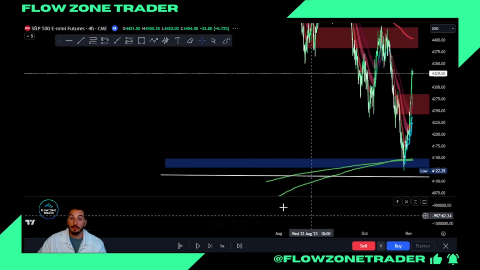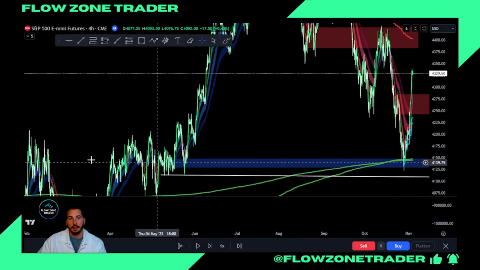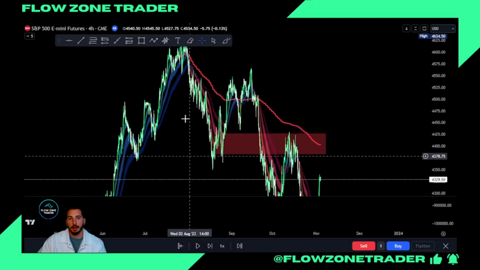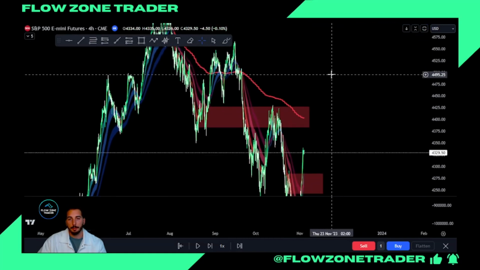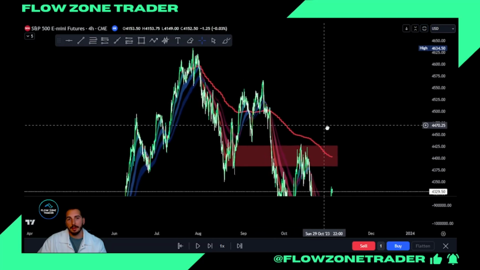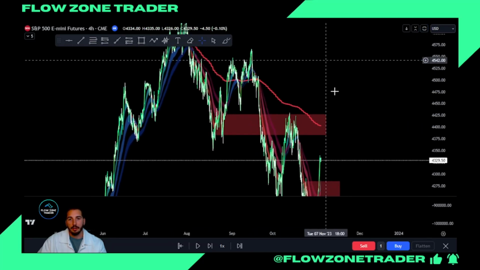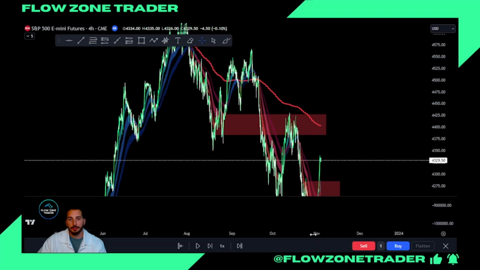So this old demand was really just an area of consolidation when we did this giant ABCD pattern before breaking out for that run into the summer highs before now trailing back down. So we have one anchored VWAP left, which was from this high all the way back in July. Right, so that is a potential target.